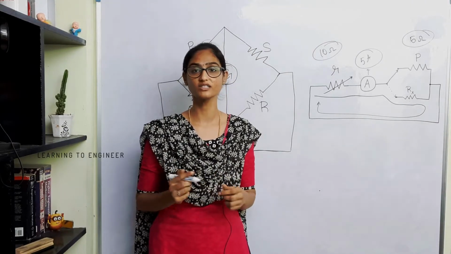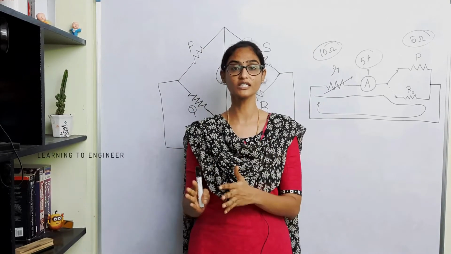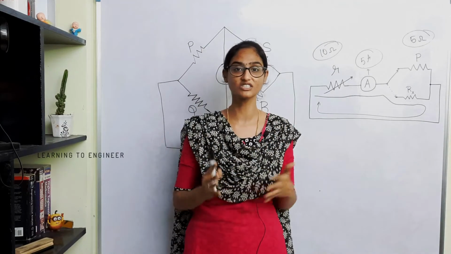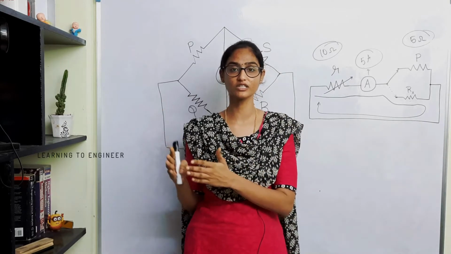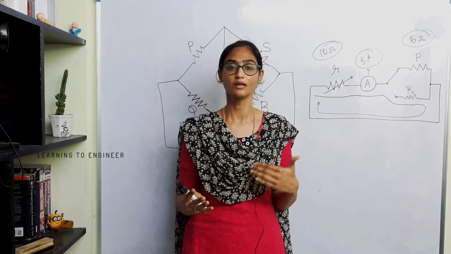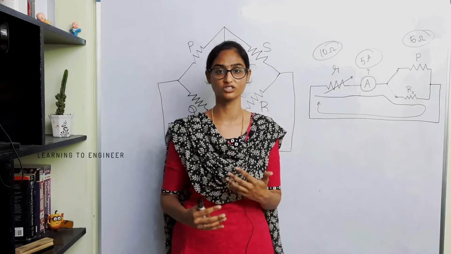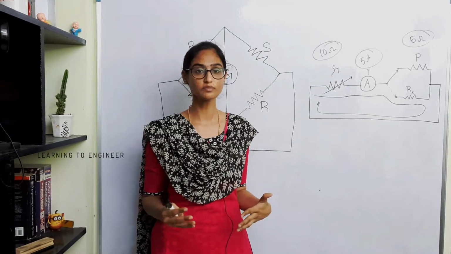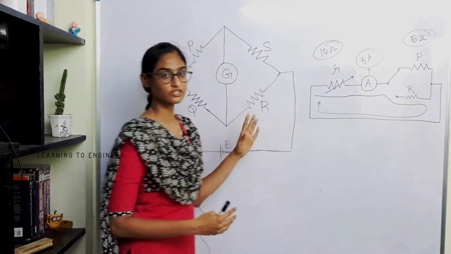You have different kinds of bridge. It depends on the value of the resistance you are measuring. For impedances you have separate bridges, for capacitances you have separate bridges, and when you have a resistance impedance combination, you have a separate bridge. Depending on the accuracy, you have to choose the method, and there are so many considerations on that. But all of those bridges work on this basic principle, which is same for Wheatstone's bridge.